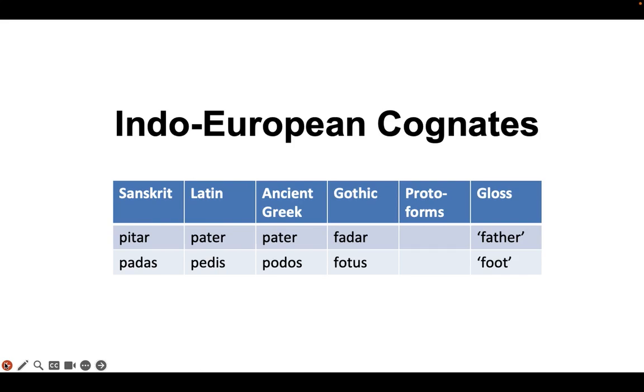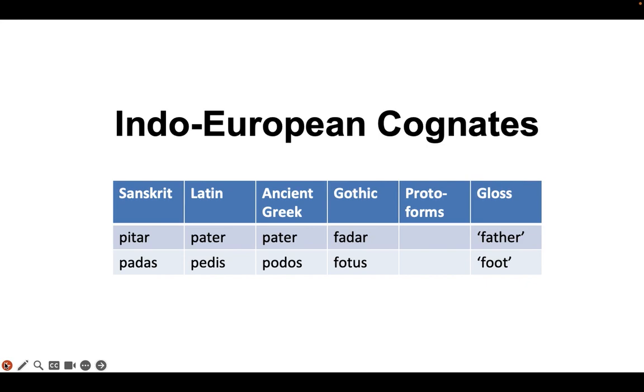Linguistics 101. In this video, we're going to look at an example of comparative reconstruction using two sets of cognates from four Indo-European languages: Sanskrit, Latin, Ancient Greek, and Gothic. All of these languages belong to the Indo-European language family, which means that they all share a common ancestor language,